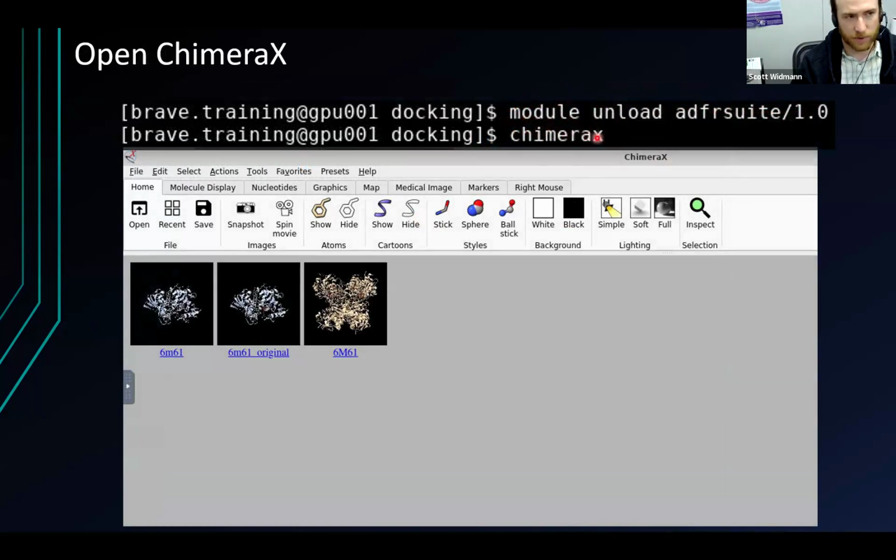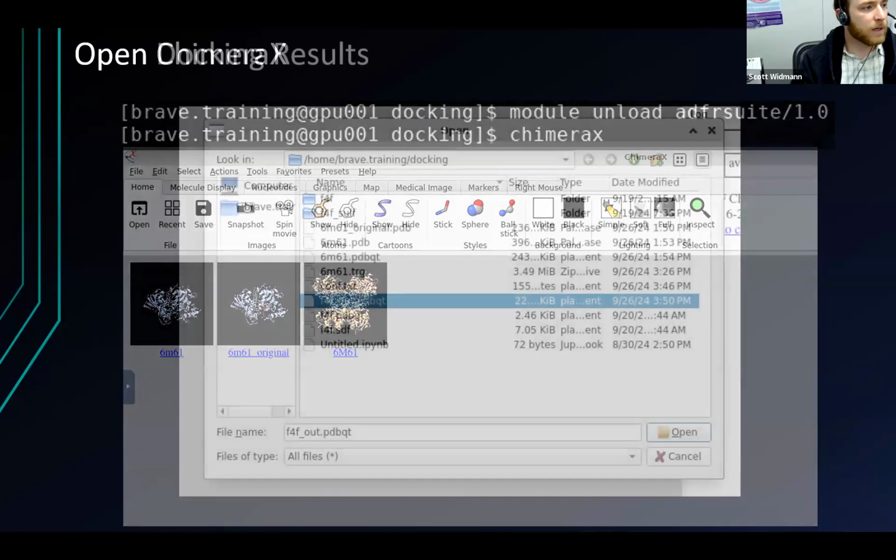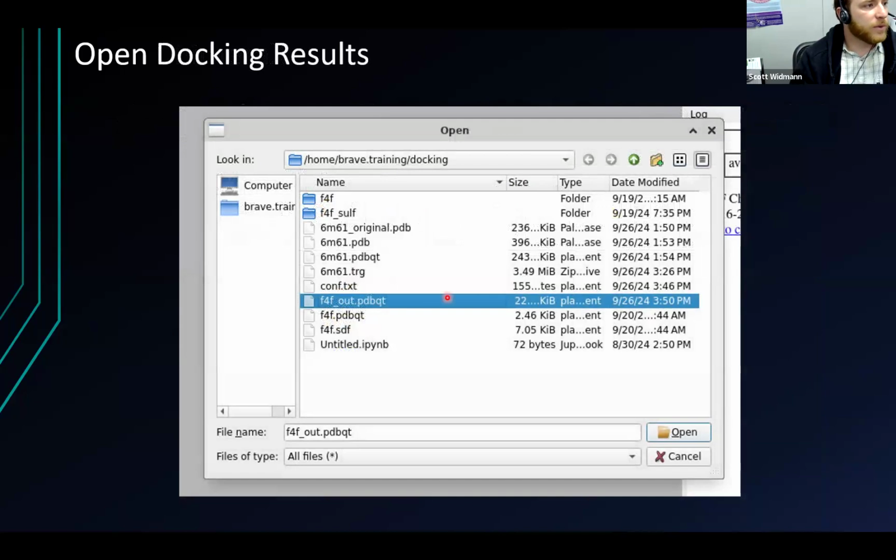And so I can just type ChimeraX and hit enter, and it should pop up again. And here it's just showing some of my previous files that I've been playing with. And if I go to File, Open, and then I click on my F4F out, which is my docking results, and then open,